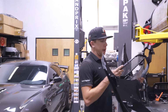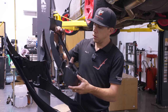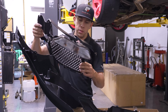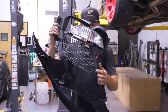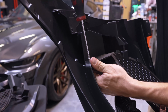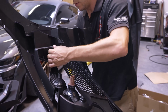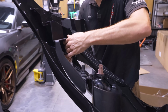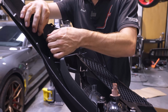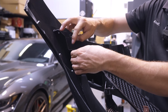Moving forward, we've got our side grille with our marker light assembled. We're going to go ahead and assemble this into the bumper. The main thing you're looking for right here will be these tabs surrounding the grille to engage right here on the bumper, and then we're going to use some screws to hold it in once we've got it in place. 4 tabs engage this right now. More tabs will go through it as we get more pieces installed to the bumper. The other thing is putting this behind the tab right here, and we'll go ahead and put a bolt through